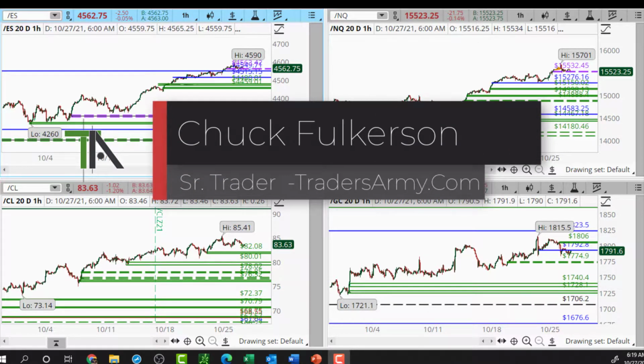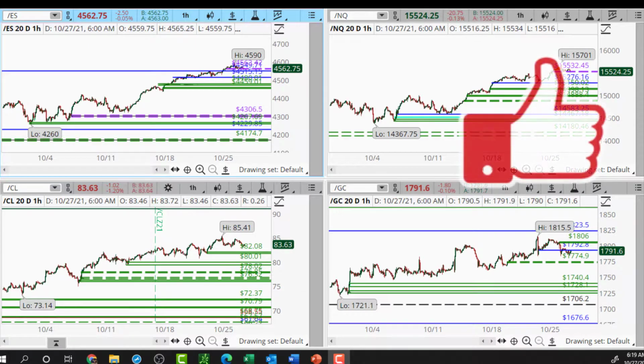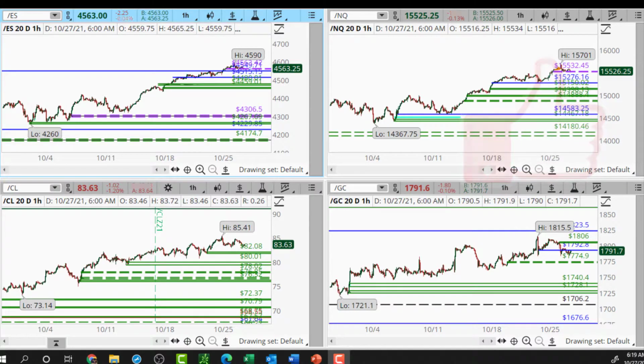I hope everybody had a phenomenal trading day yesterday as we had a great Tuesday to kick off the week. Monday and Tuesday have been fairly sideways days, but we have seen a little bit of market movement. We're down a little bit this morning, but let's go ahead and dive into our four major markets, starting with